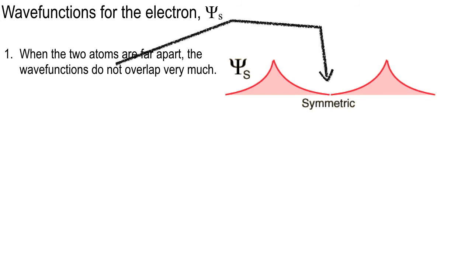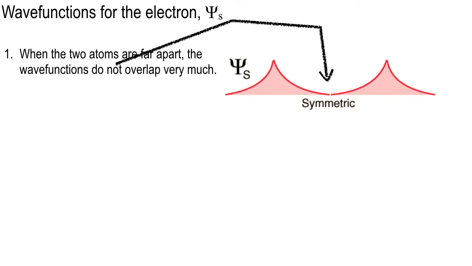So right in here, if the 2 atoms, the 2 mountains, are far enough apart, they don't really overlap. So there's a broad, deep valley between them. The amplitude down there is not constructive or destructive. There's just not much waves going there. So you've got flat water between them if they're far enough apart.